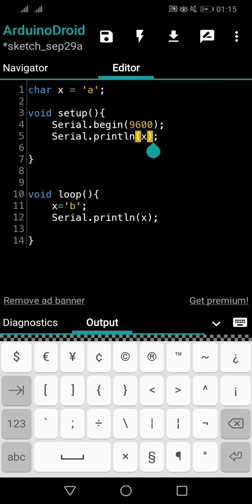So a will be printed one time, and void setup will stop after one time, and then void loop is going to run forever, repeatedly. So we will have one a printed in our serial monitor. After that we will continuously have b printed in our serial monitor forever, endlessly. Hopefully this is understandable, and you can change the x values anywhere you want and print the values. If you don't understand that, go through the previous videos and come back, and this will be crystal clear to you.